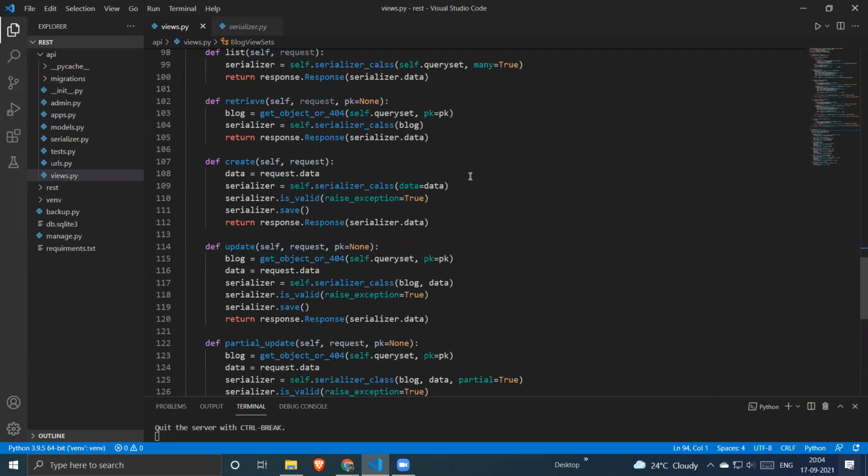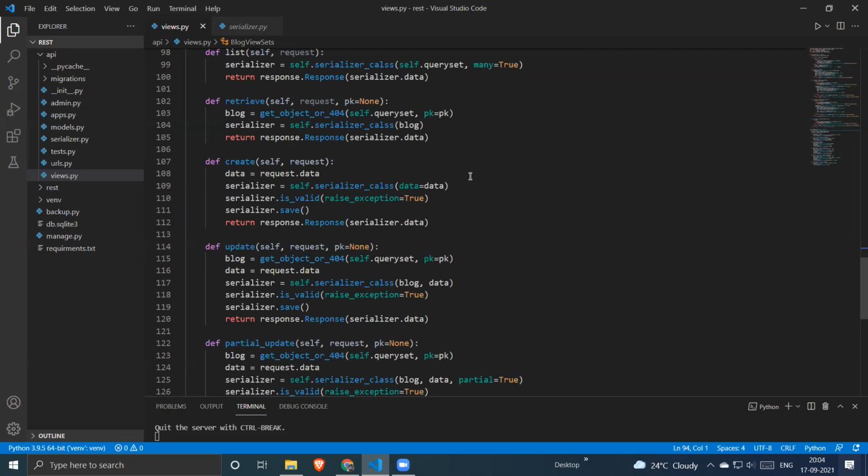So it should be an API view set because it's my preference. If you are going to use API view, it's your preference. Same goes for the API views and model view sets. If you want to have a bit of changes in your serializer, you can use the model view set. Otherwise, you have to make big changes in your views, so you can use the API view set.